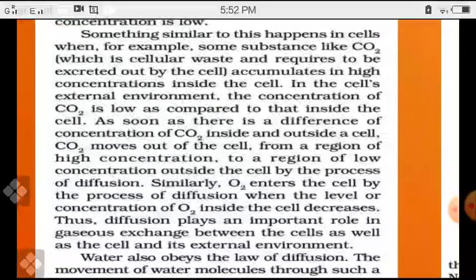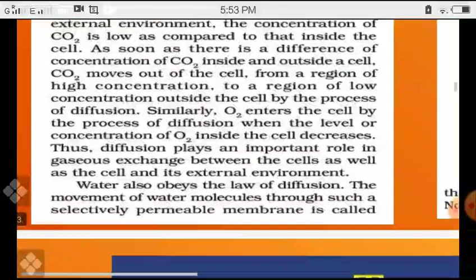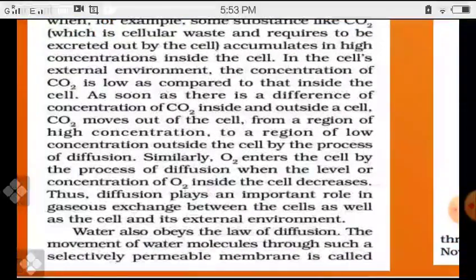The concentration of carbon dioxide is very, very low outside the cell than inside the cell. So as soon as there is a difference of concentration, I repeat, a difference of concentration of carbon dioxide inside and outside of a cell,